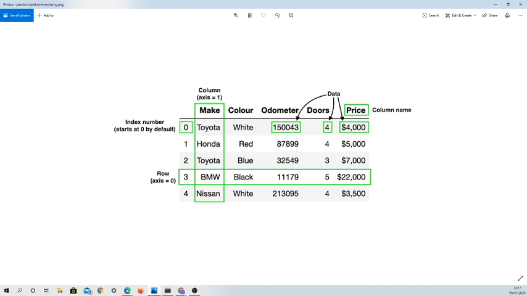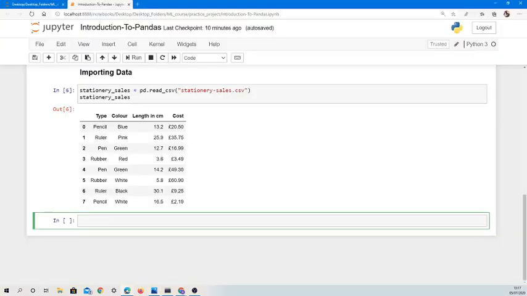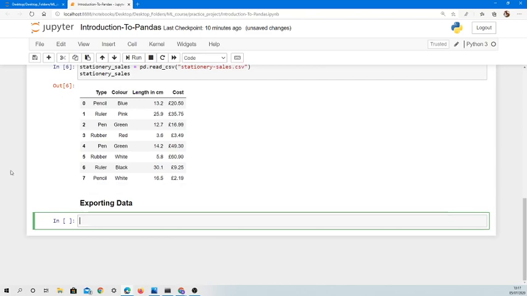Okay, so back here again, we can actually export this data again, and we can save this data as another file. So I'm going to put some more markdown. I'm going to say exporting data. Okay, so how are we going to export this? So instead of read CSV,